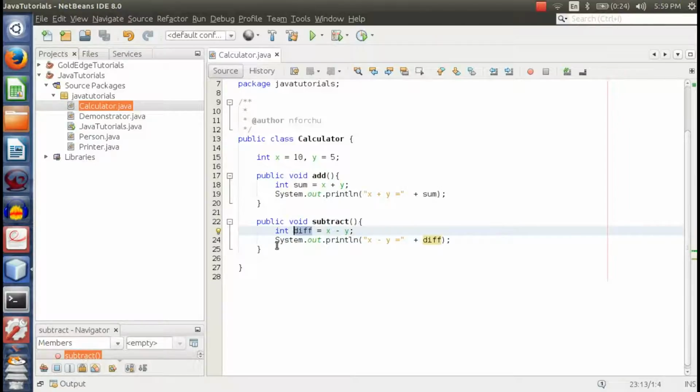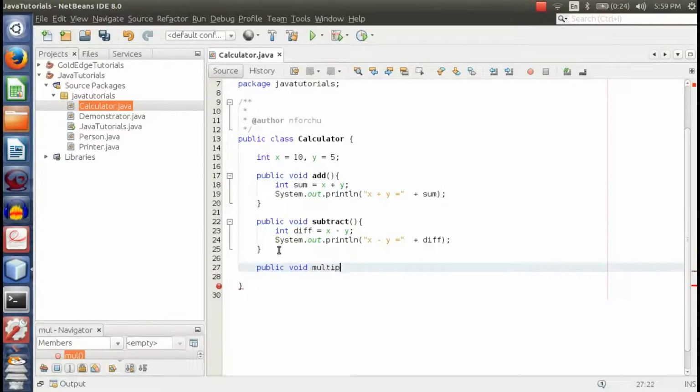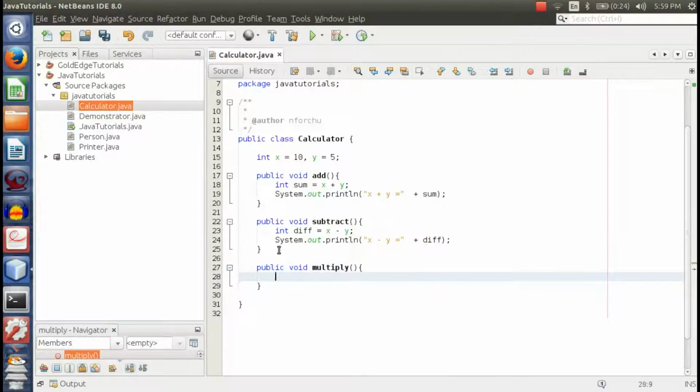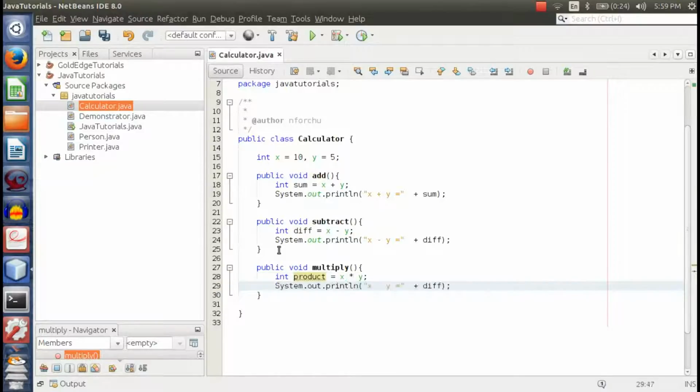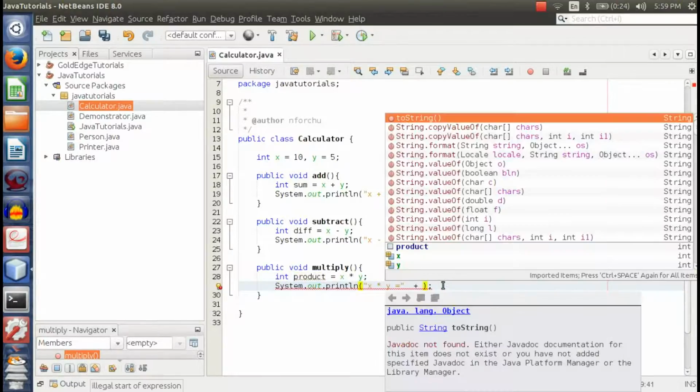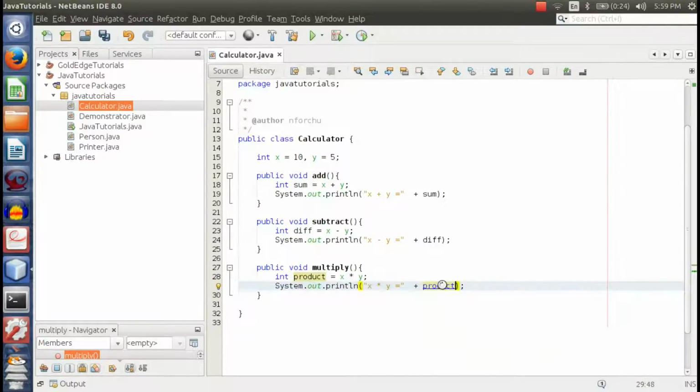Alright, now let's go ahead and write out something for the others. Public void multiply, and I would say int product is equal to x times y, and I will do the same print out there. X times y is, and I'll add the product to that, concatenate the product to that string,